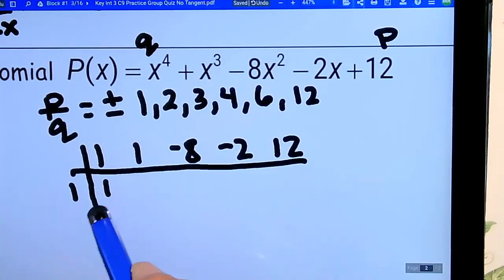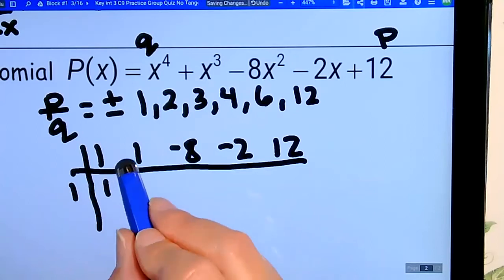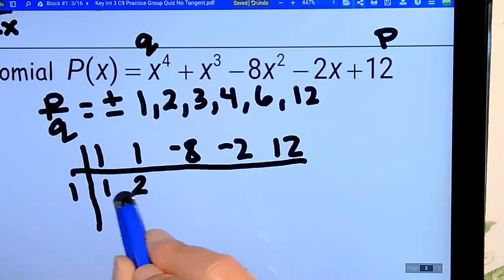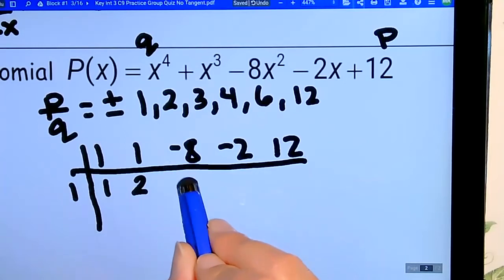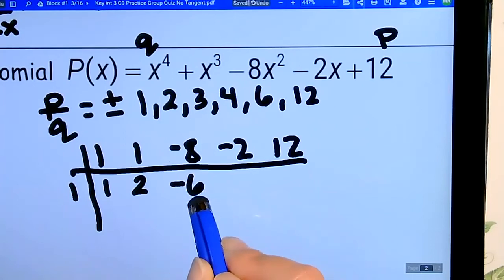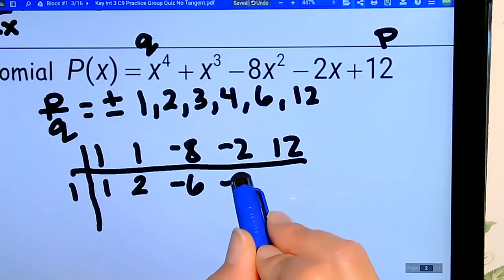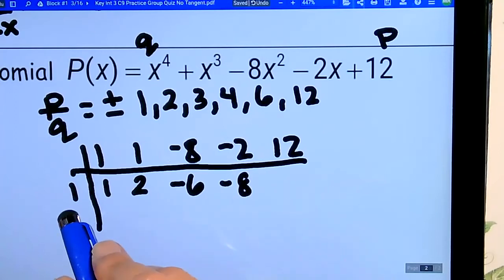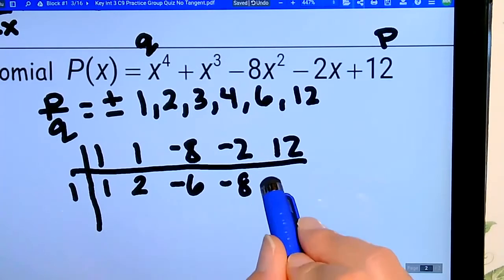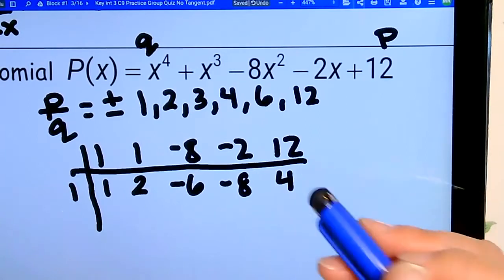Bring down my 1. 1 times 1 is 1. Add it to 1, 2. 2 times 1 is 2. Add it to negative 8, negative 6. Negative 6 times 1 is negative 6. Add it to negative 2, negative 8. Negative 8 times 1, negative 8. Add it to 12, 4. Okay, didn't get it, but